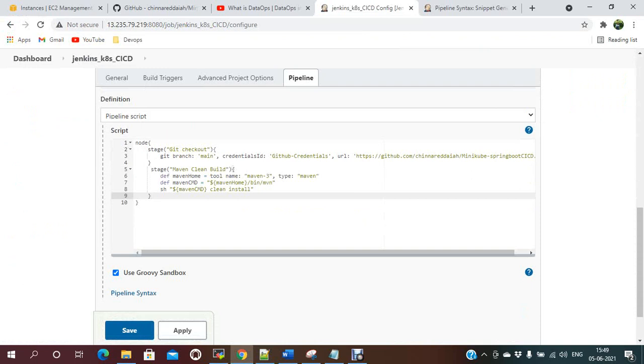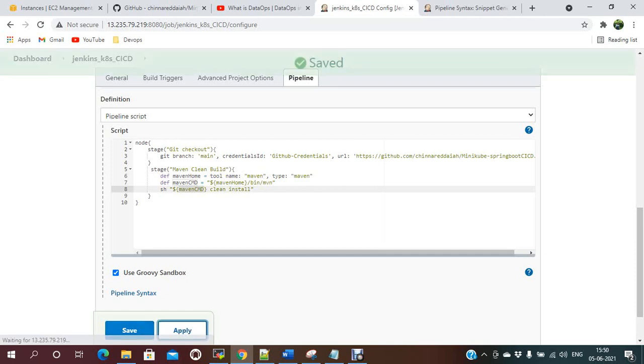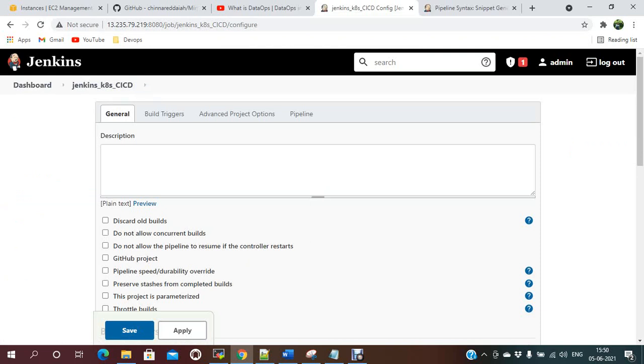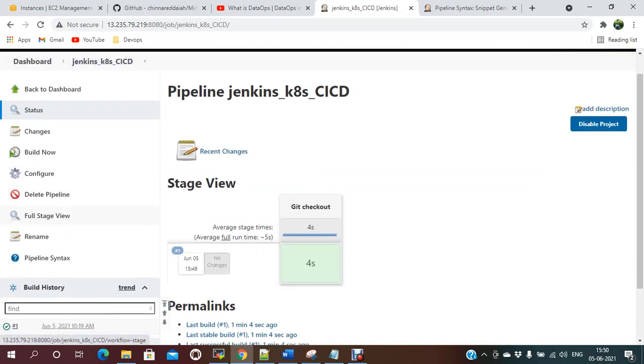Here the tool name is Maven and the type is Maven, and I'm defining my Maven location. Then mvn clean install. It will create the jar file. Sorry. Build now.